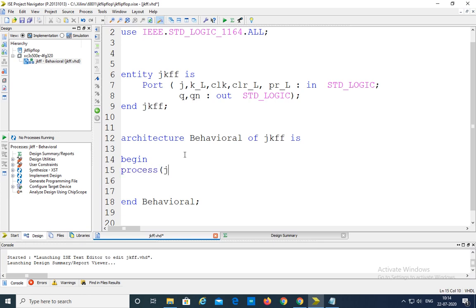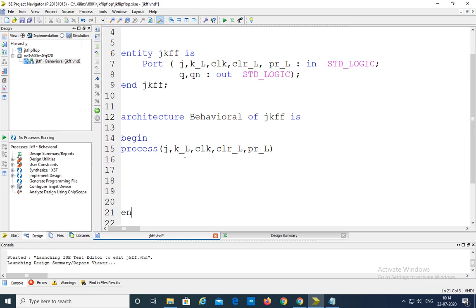Process statement: J comma K underscore L comma clock comma clear underscore L comma preset underscore L. I begin the process and I write end process here.